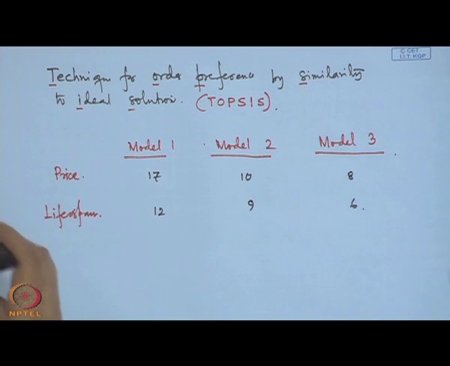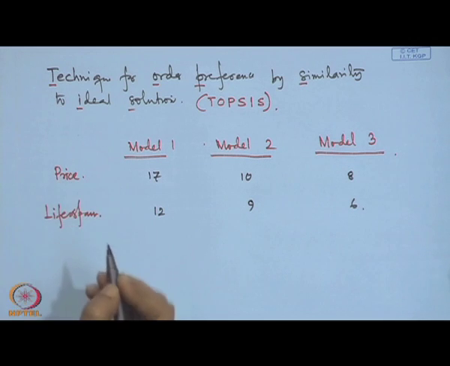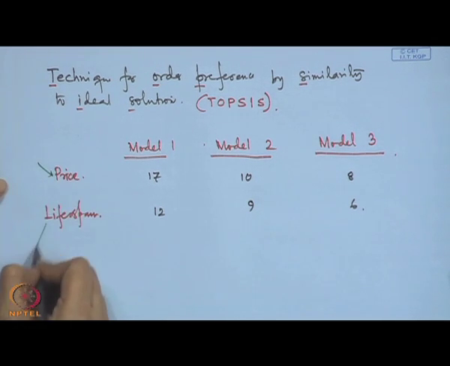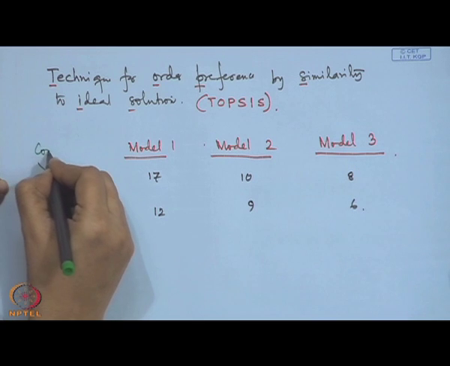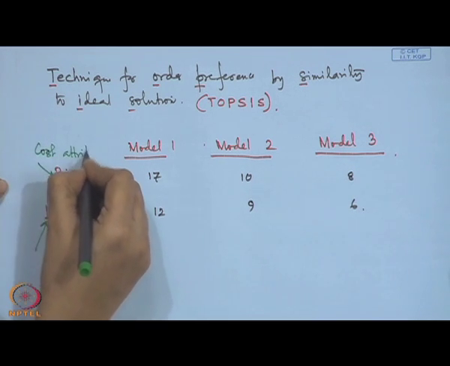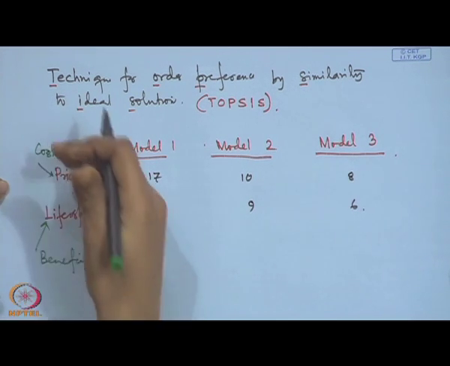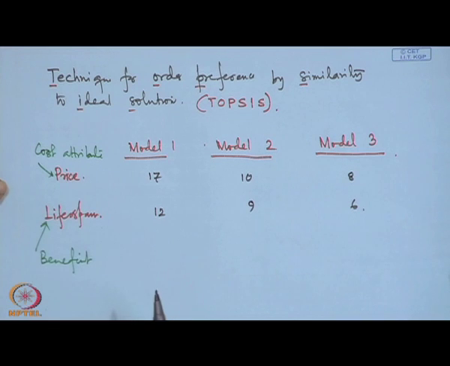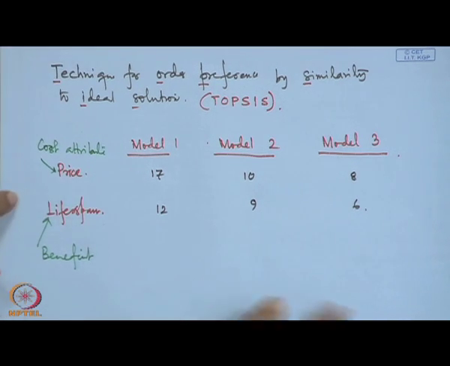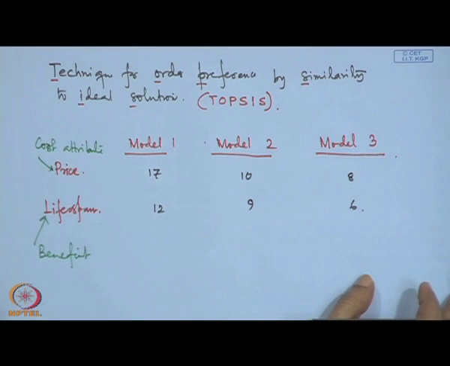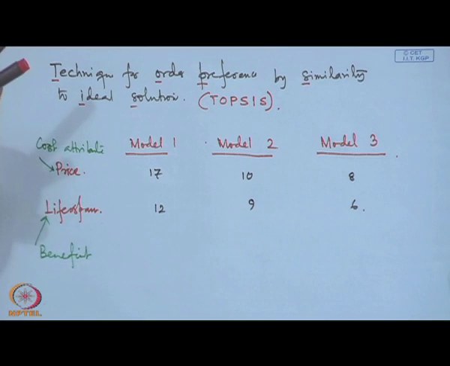And in the TOPSIS method, we are naming these 2 kinds of attributes in a different way. We are categorizing this as the cost attribute, and this is the benefit attribute. We can have a list of cost attributes and we can have a list of benefit attributes. It is not only one, we can have 3 cost attributes, 4 benefit attributes as well, because as I said, the attributes are non-commensurable in nature. That is why these are